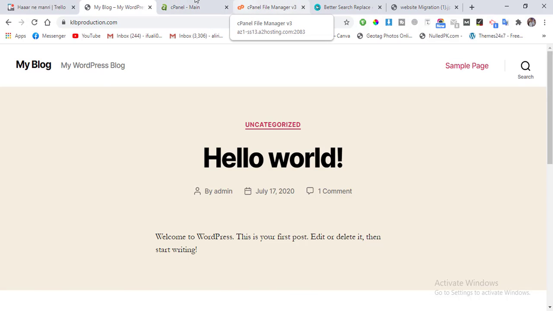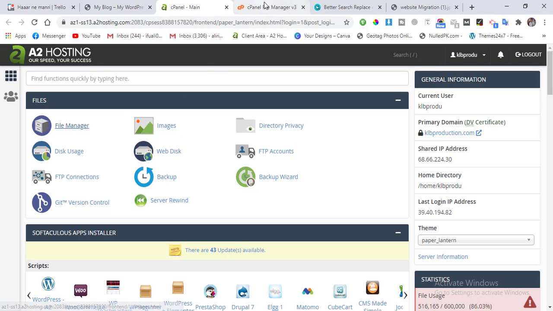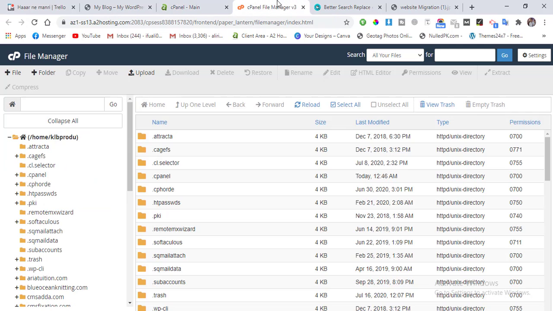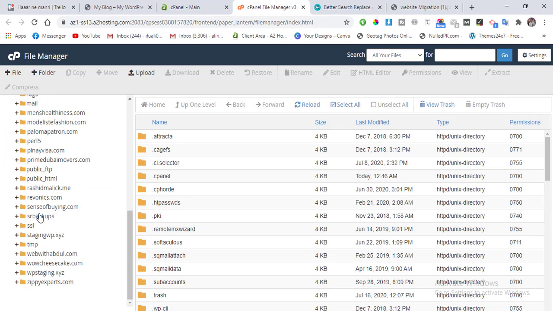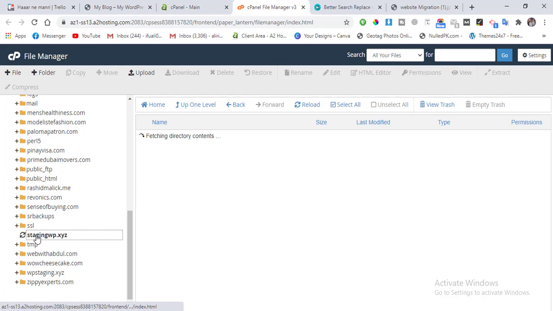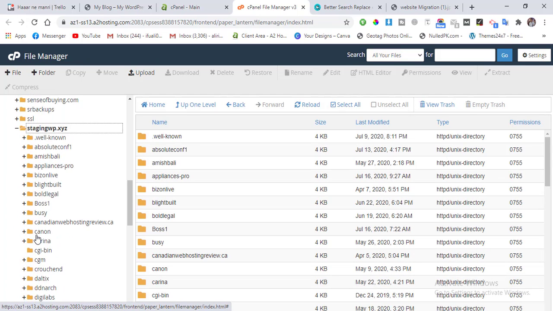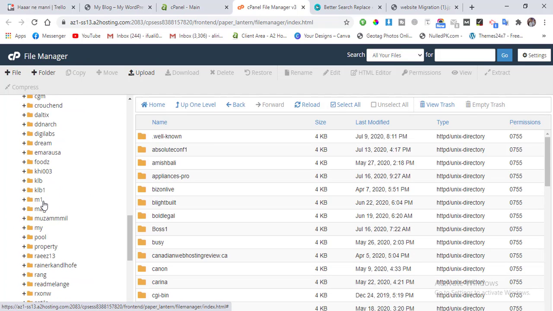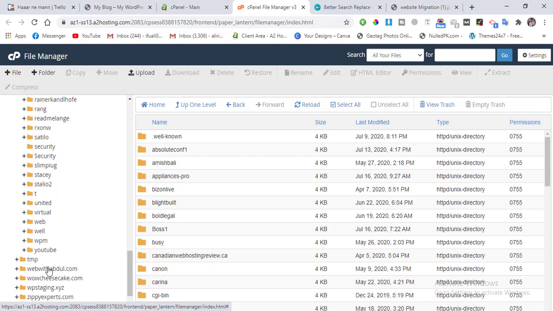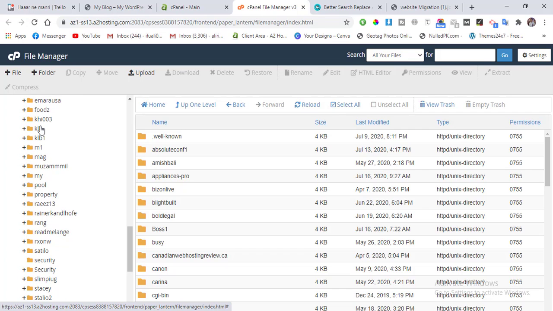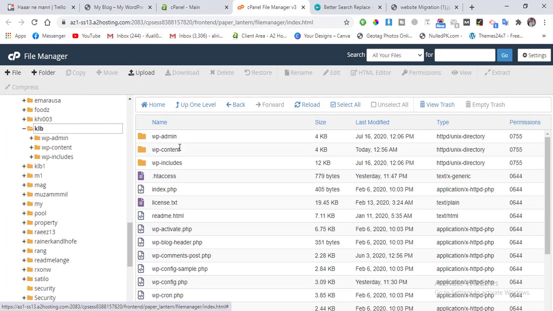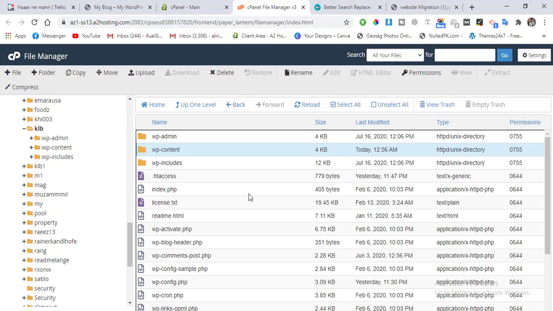First, we log in to our hosting provider, then click on File Manager and navigate to the klb/klb staging directory. Here is the main folder and the WP content.